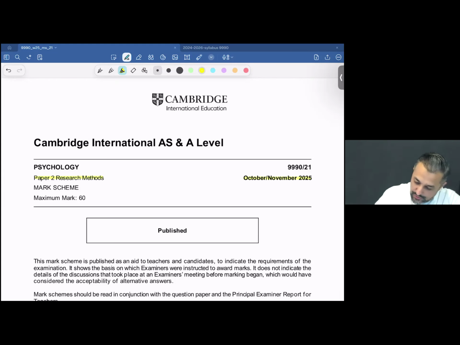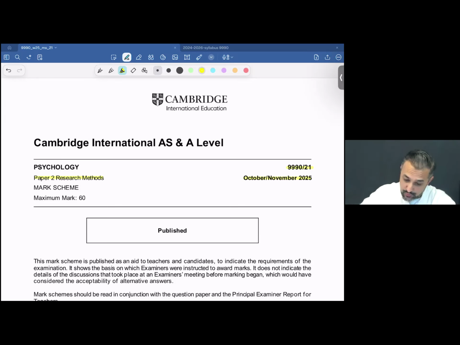Paper 2, variant 1. Before we get started with this paper, we all by now know that both paper 1 and paper 2 are of 60 marks. In fact, paper 3 and paper 4 that we have in A2 are of 60 marks as well. As we speak about these papers, especially paper 2,